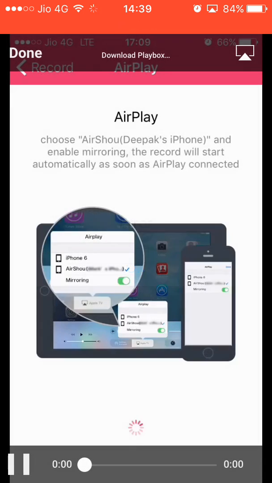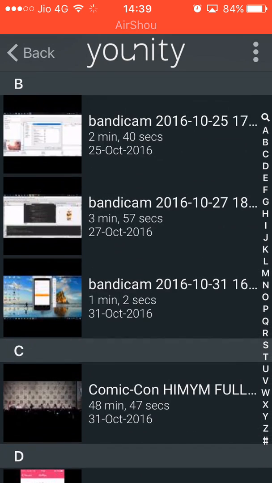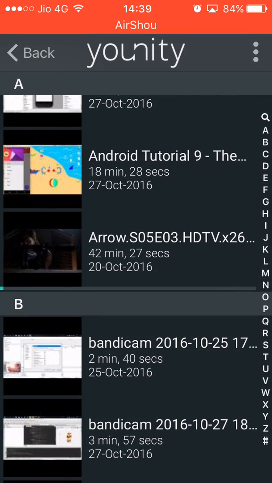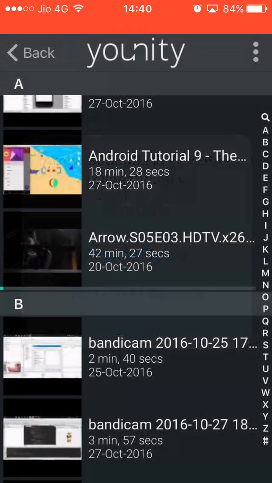These are my previous ones. Sorry, sometimes it gets an error, sometimes it doesn't. Don't worry about that. There's some connection problem in my home network, but don't worry, it will play for you guys. Is it resume playing or start from the beginning? It takes some time, guys, but definitely it will work for your iDevices.